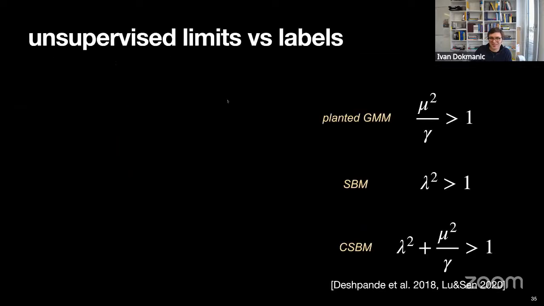Okay, so, and this is maybe the very last thing about this, and then I try to quickly present the second part, which is that the great thing about cSBM is that we have fundamental limits. So for planted GMM, which is without a graph, we actually know that detection better than random is possible in an unsupervised sense when the SNR of your GMM is sufficiently high. For the stochastic block model, we know that we can get better than random classification of nodes when the graph SNR is sufficiently high, larger than 1. And for cSBM, when the sum of these two SNRs is sufficiently high, we get better performance.